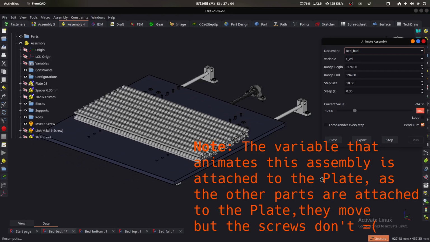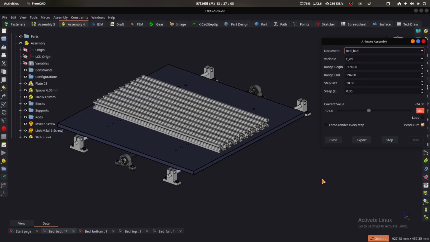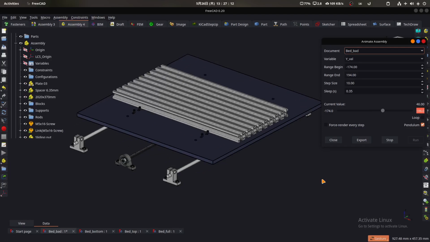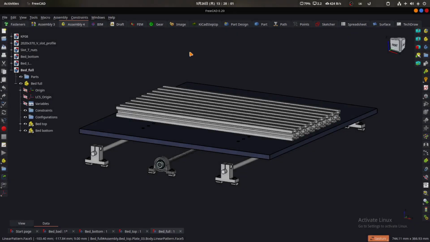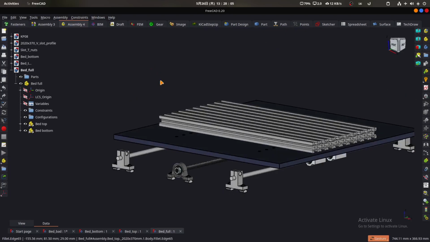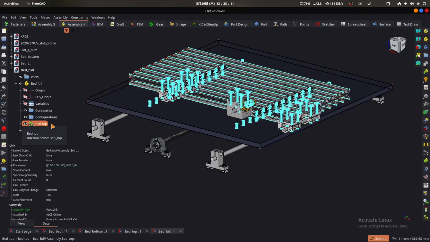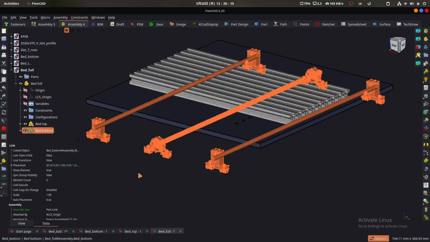There may be some problem with the fasteners. Fortunately, there is one way to make this animation. What I did was to create a new assembly that consists of 2 sub-assemblies. As you can see in the tree, there is a bed top file and there is a bed bottom file.